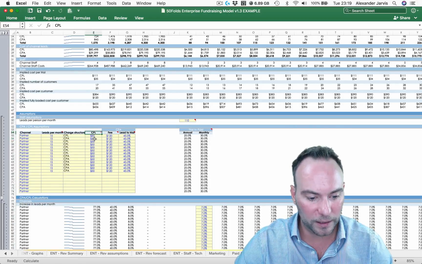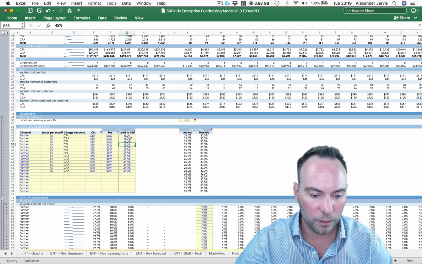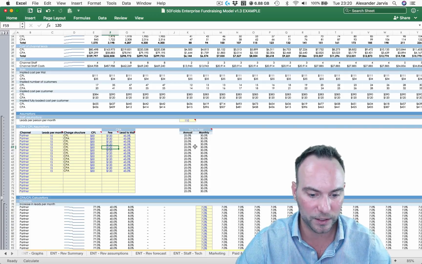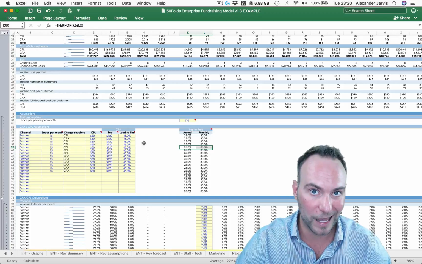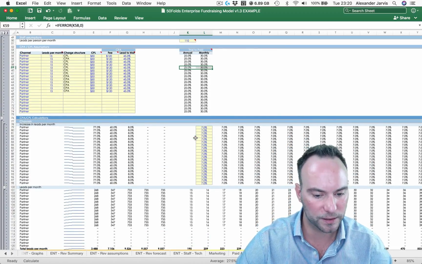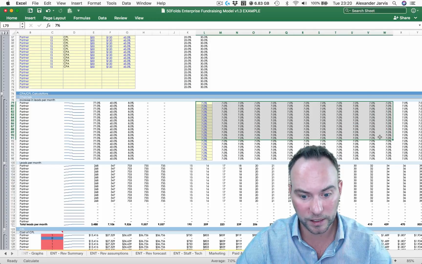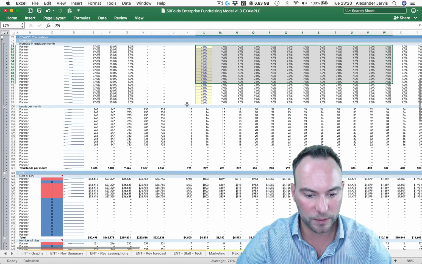If it's a CPL here, you just type in how much it costs. On a CPA basis, you have a fee and then maybe a lead to trial conversion rate that you're going to want to see with that, because you're paying people a fee when it actually converts, because it's an acquisition basis. You need to know what the conversion from trial to paid is to know the likelihood of this actually happening and doing the payouts, okay? If you know about channel sales, this will make sense to you. Now, over time, you hope that the guys are going to increase the number of leads that they're sending to you. And so you can see what the leads per month will be.